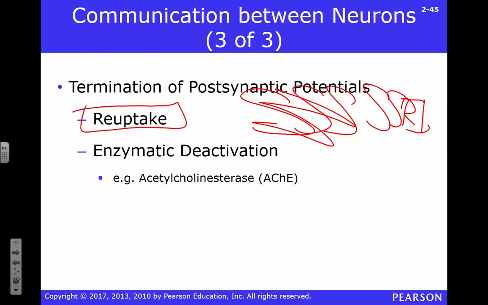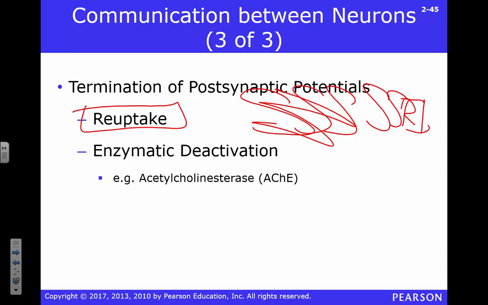what does that mean? Normally what you do is you release serotonin, you leave it out there for a little bit, and then you pull it back. That's great. That's going to end the effect of serotonin. If for some reason you don't have enough serotonin, and we'll talk about agonists and antagonists later in a lot of detail, you want to block that reuptake so your serotonin stays out there longer and does more for you. That's how antidepressants sort of work. So reuptake blockers, those are awesome.